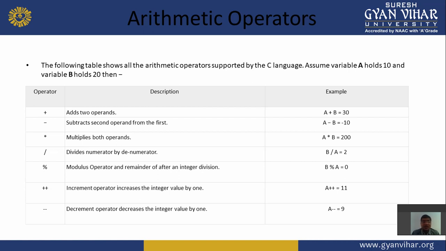And the increment and decrement operators. Increment operator means when we write a equal to a plus 1, it is compressed and converted by the increment operator. When we write a equal to a minus 1, it will work by the decrement operator. If you want to decrease a number 1 by 1, then you use the decrement operator. If you want to increase any number 1 by 1, then you use the increment operator.